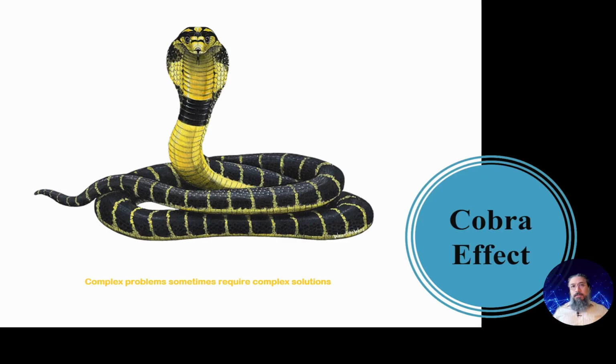But the problem is, in complex systems, it's not that they always fail. Sometimes they are still successful, and obviously if they are, we always prefer simplicity over complexity. But complex problems are not always solved with simple solutions. Sometimes, in fact, it makes it worse. So sometimes complex problems require complex solutions. That's the moral of the story.